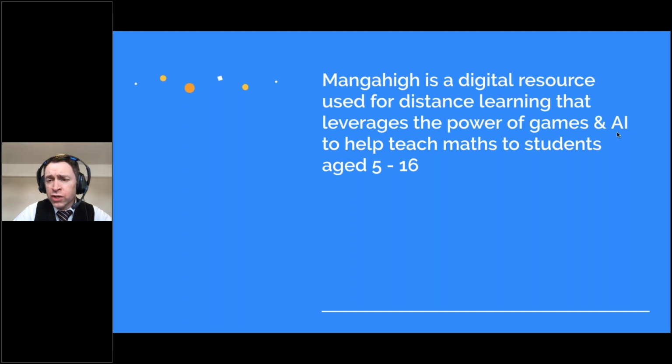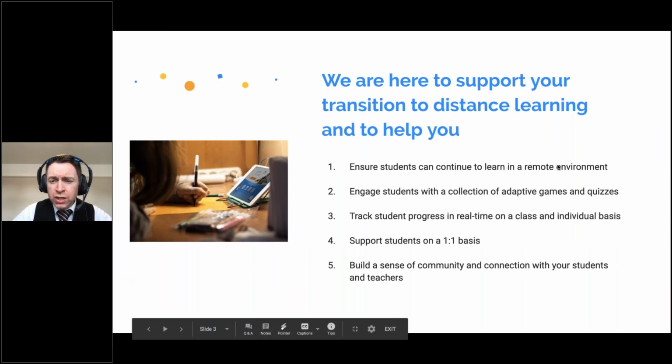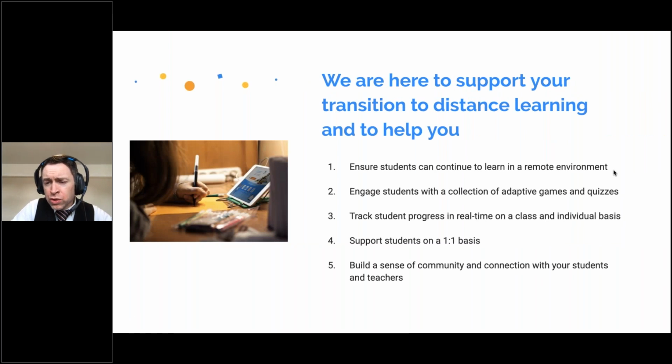It also uses artificial intelligence to help us to decide what is an appropriate activity to recommend to your students. So we want to use Mangahigh so that we can ensure your students continue learning in their remote learning environment, continue learning at home. We want to engage the students, and we do that through the adaptive games and quizzes.